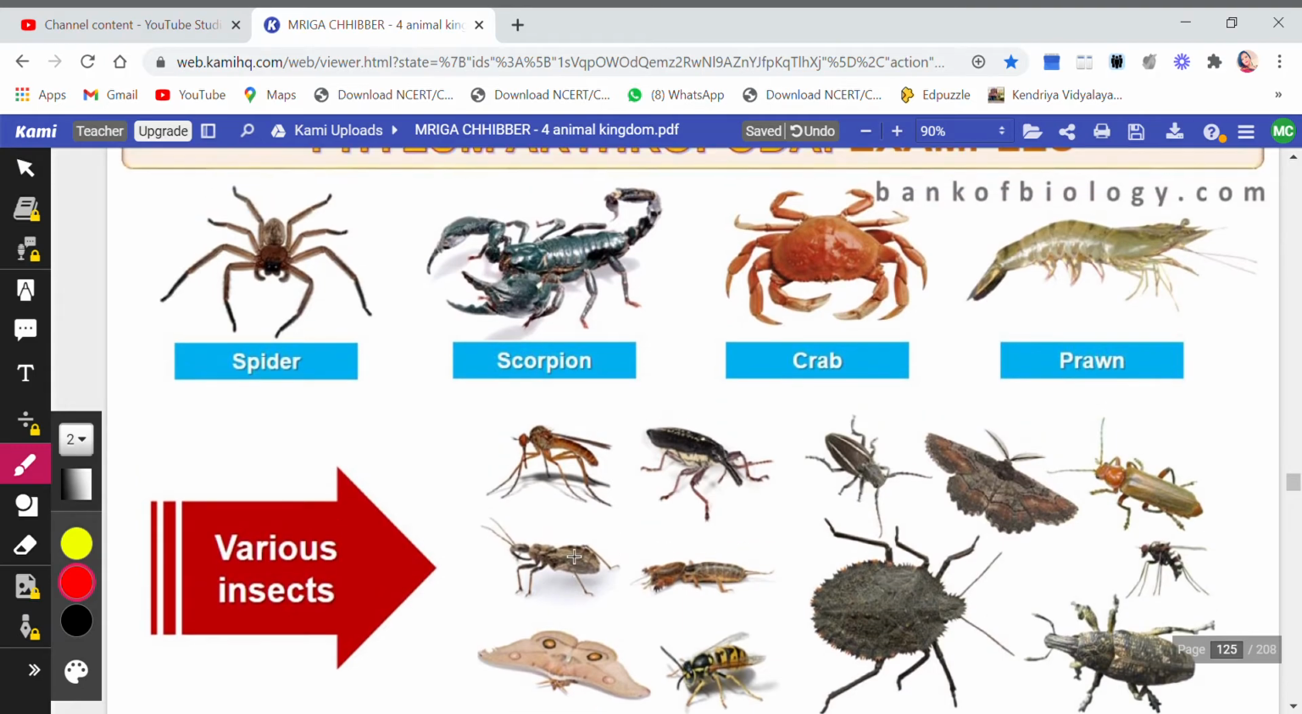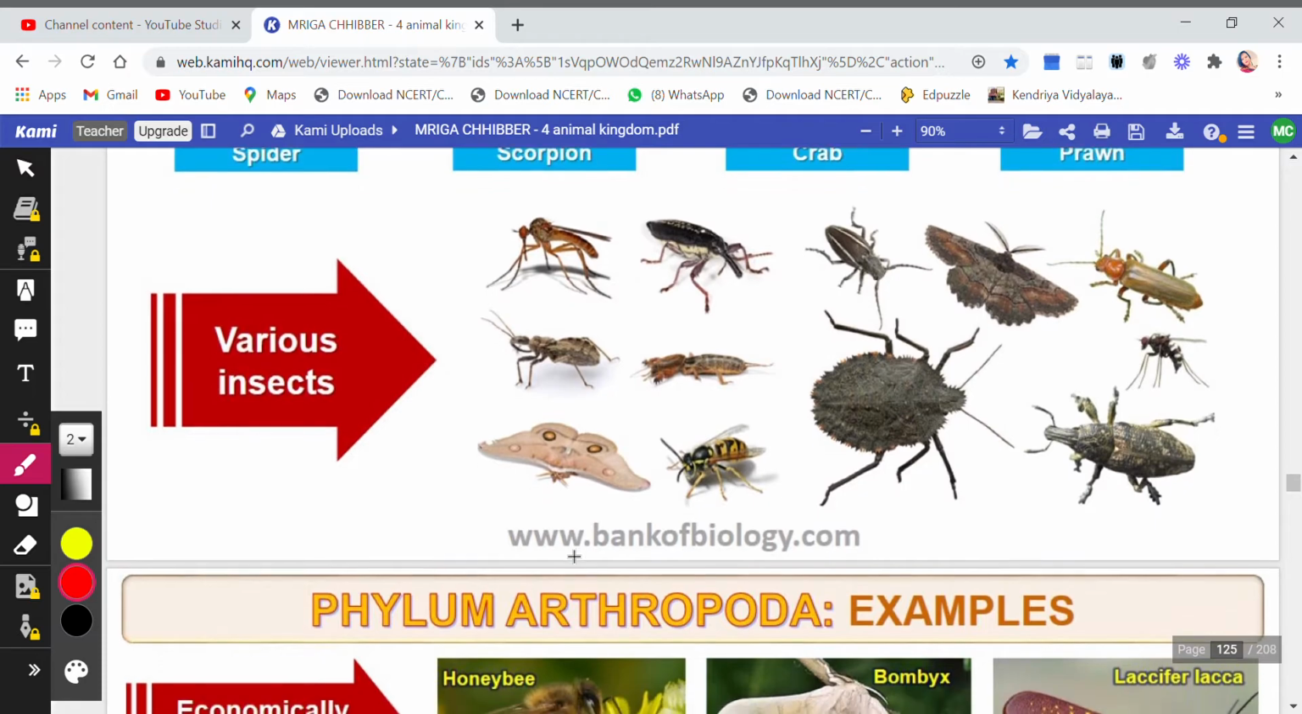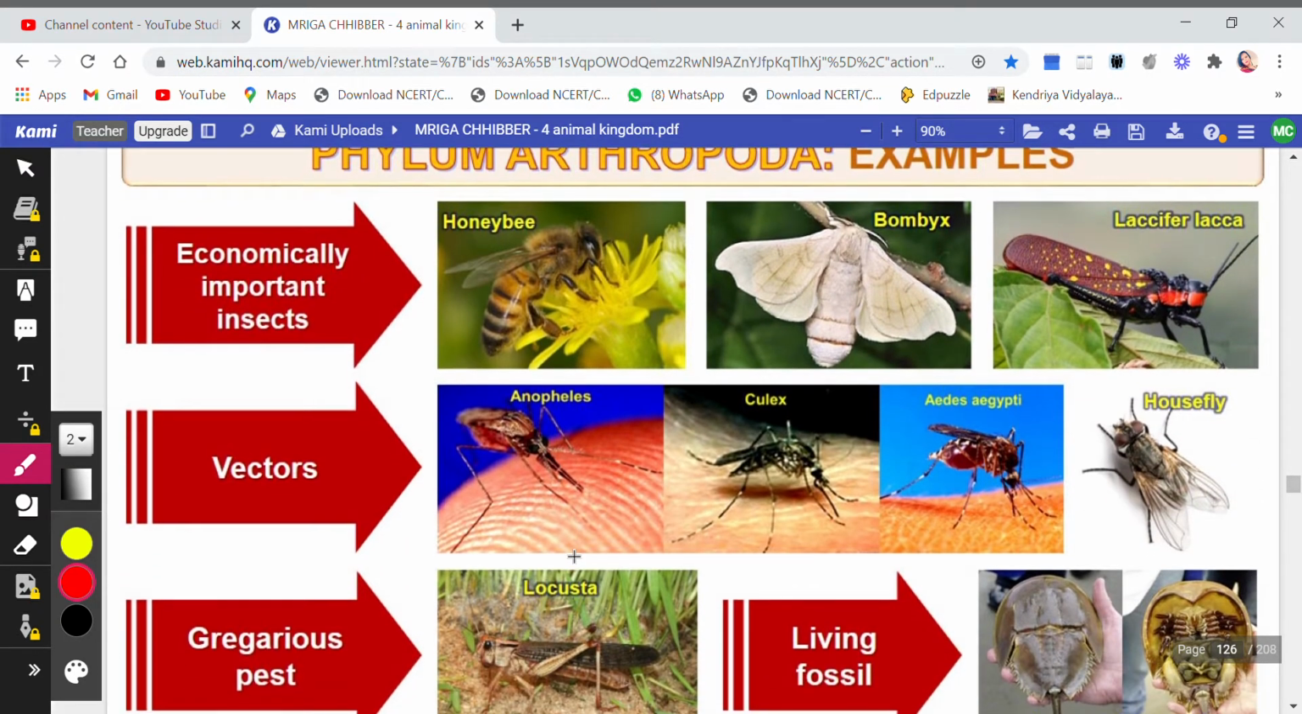So these are the various types of insects which come under the category of Arthropoda. You see all kinds of spiders, scorpions, crabs, prawns. These are the various types of animals which come under this category. Now here examples are